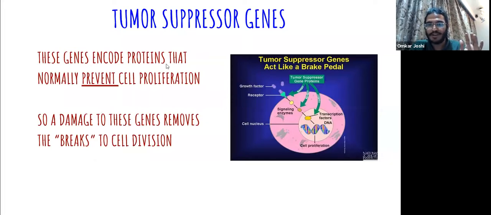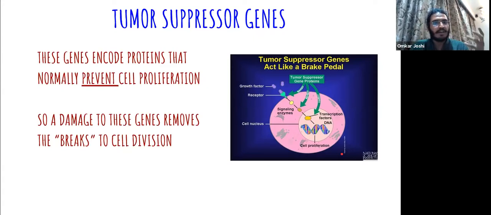So as you can see in the figure, a lot of factors, growth factors, can promote cell division by signaling. They'll bind to this receptor, and there will be two more molecules which will ultimately tell the cell to proliferate. What these tumor suppressor proteins will do is go and individually inhibit each of them. Now, there are many tumor suppressor proteins, by the way. All of these molecules are capable of inhibiting these signaling molecules at different levels. So one class of molecules will inhibit this, another one will inhibit this, and so on and so forth.